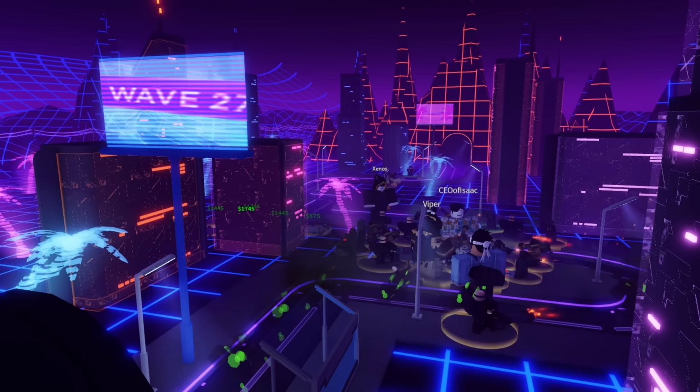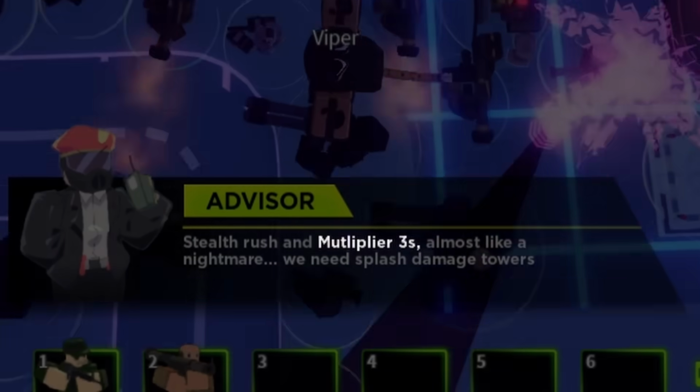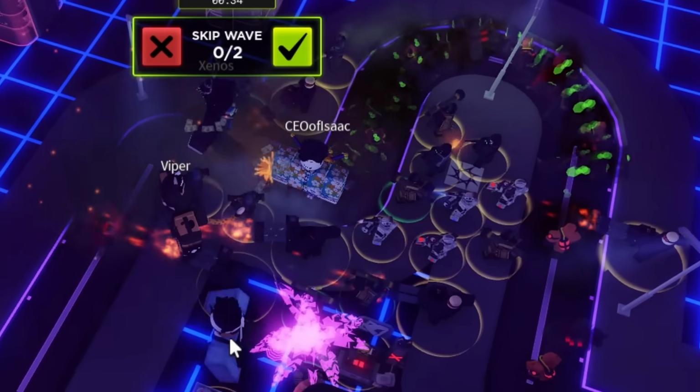Wave 27, one away from the boss. Abomination spawned. Okay. And multipliers. Ugh. Basically, these little dudes multiply every zombie around them when they die. So what this meant is...